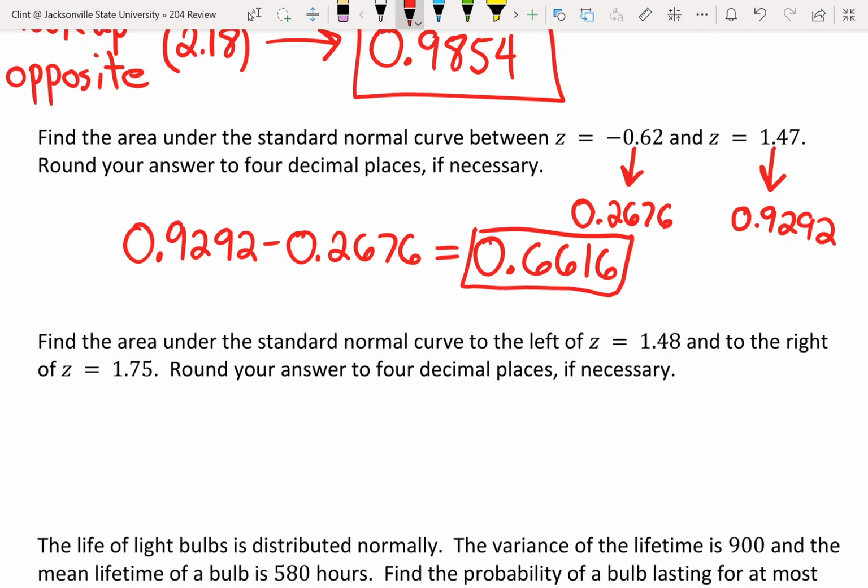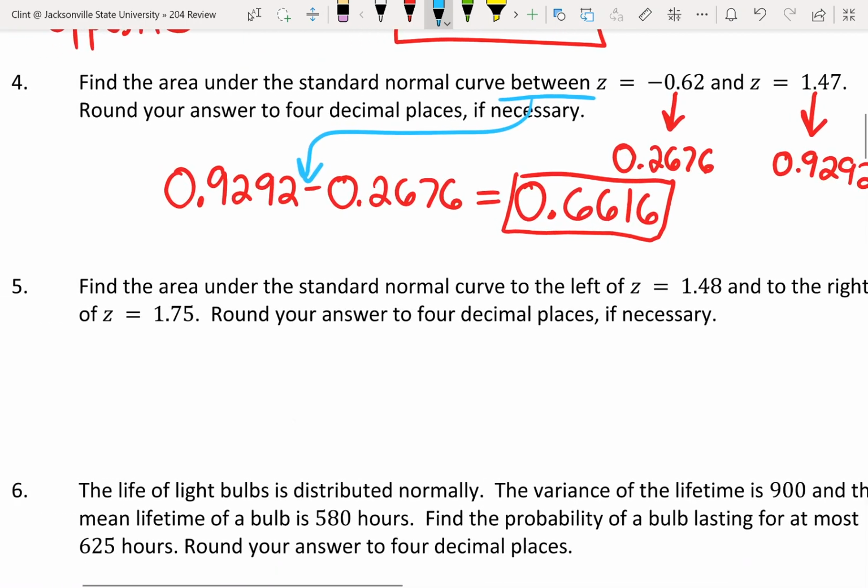Questions on that one? So between, see between, we're going to have to subtract. And we want to subtract the areas, not the z's. Okay. Number 5